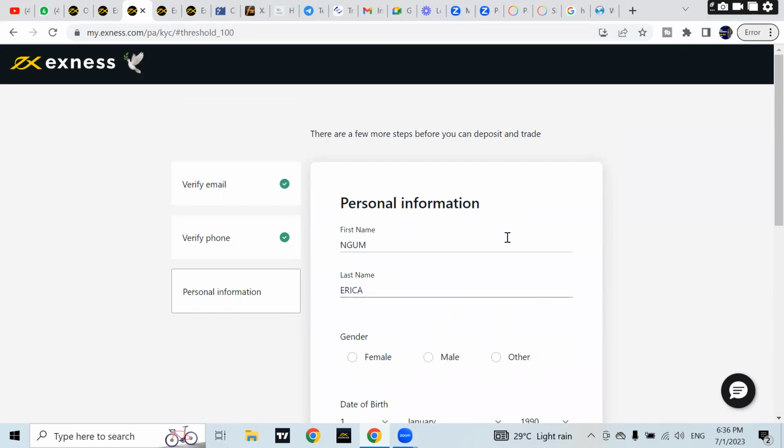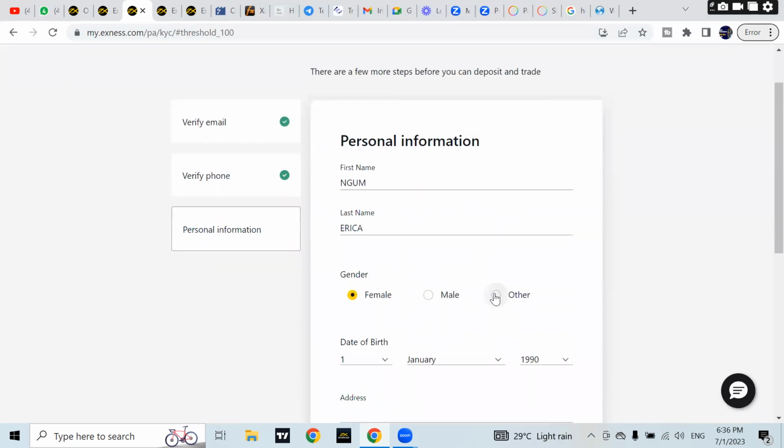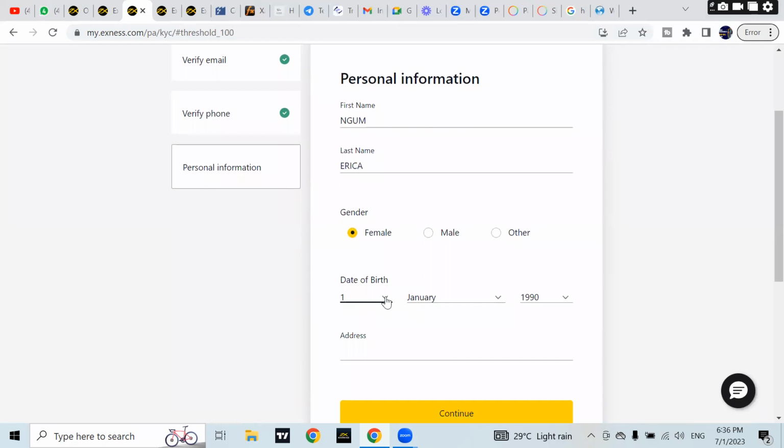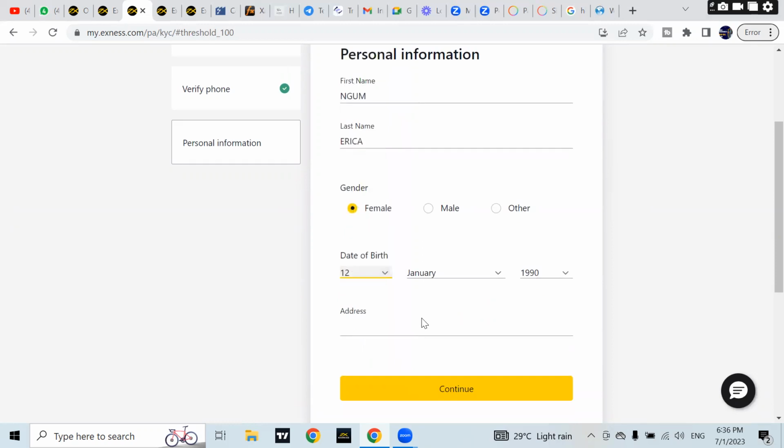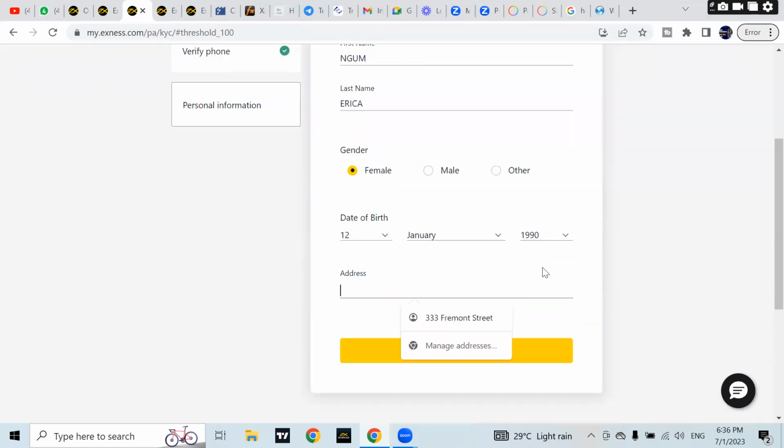I'm just going to input this name, gender female, date of birth. I'm just going to put an address. Now, this is very important. When asked for your address, you are not going to just input the town where you are living. You need to make sure you give a detailed address. For example, if I'm living in Douala, maybe I'm living in Dokoti, the quarter in Dokoti, so I can put